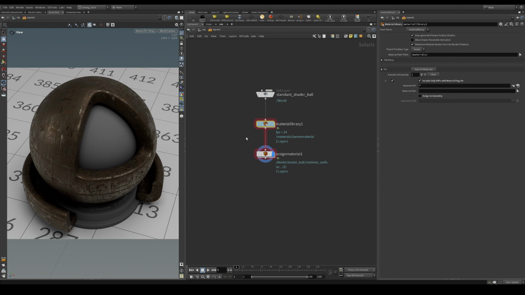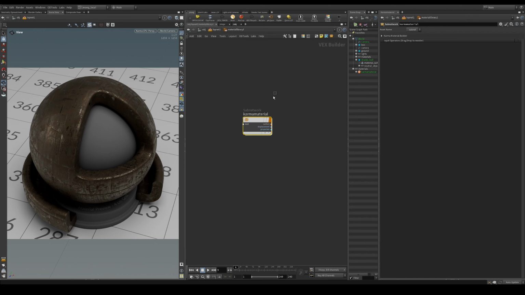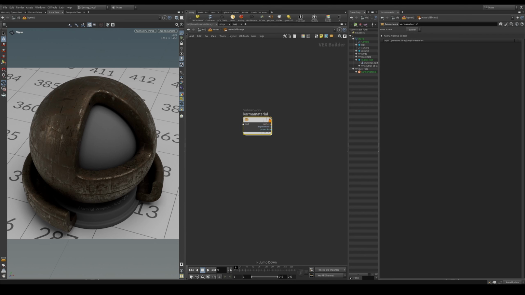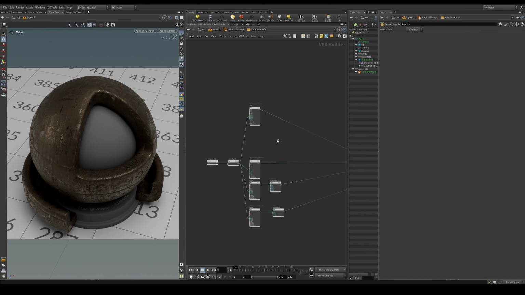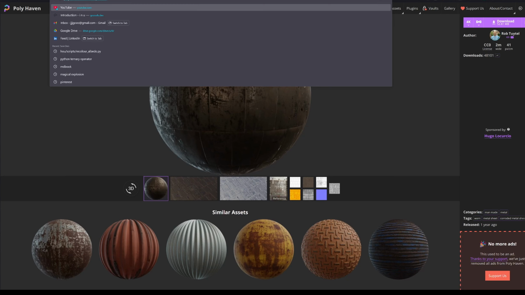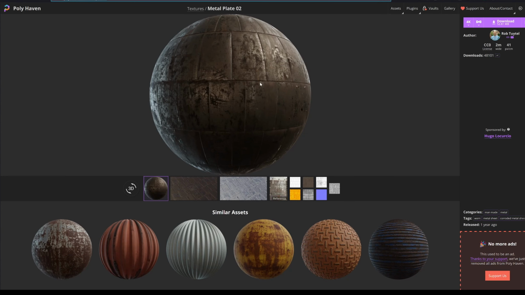And then I've got a material library here, and that has a Karma material builder inside, and assign material. I'm just overriding the material surface for the shader ball with the new material. And inside the material, I just have a triplanar projection, and I've got some textures I downloaded off Polyhaven. If you don't know, it's this site right here, polyhaven.com, and this is a metal plate